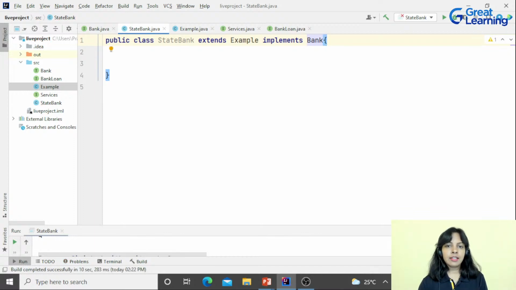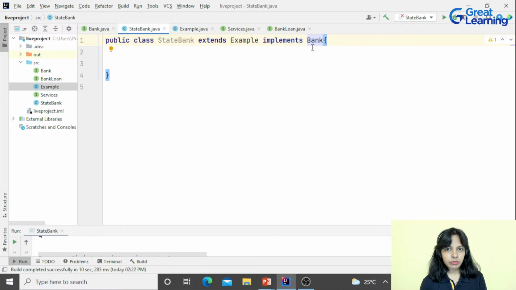So you can extend a class and implement an interface both at a time for a given class. So extends class name, implements interface name. But make sure the extends keyword comes first, before the implements keyword. If I write implements Bank first and extends Example later on, it will throw an error.